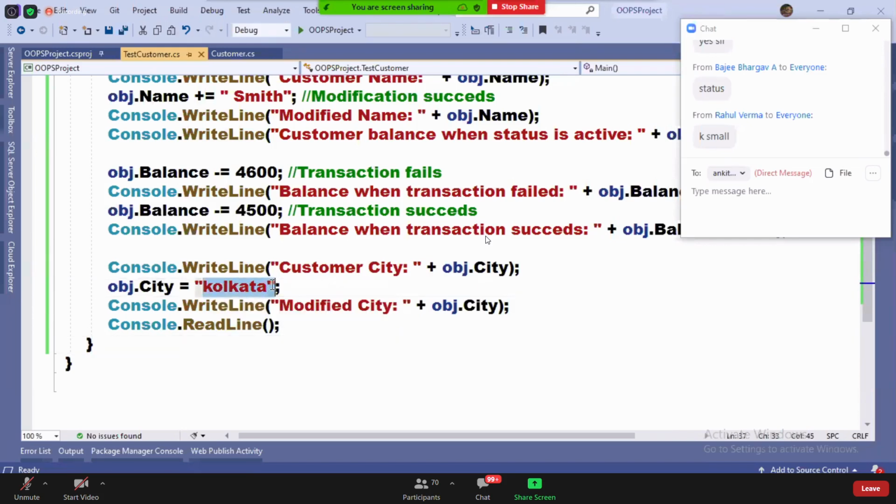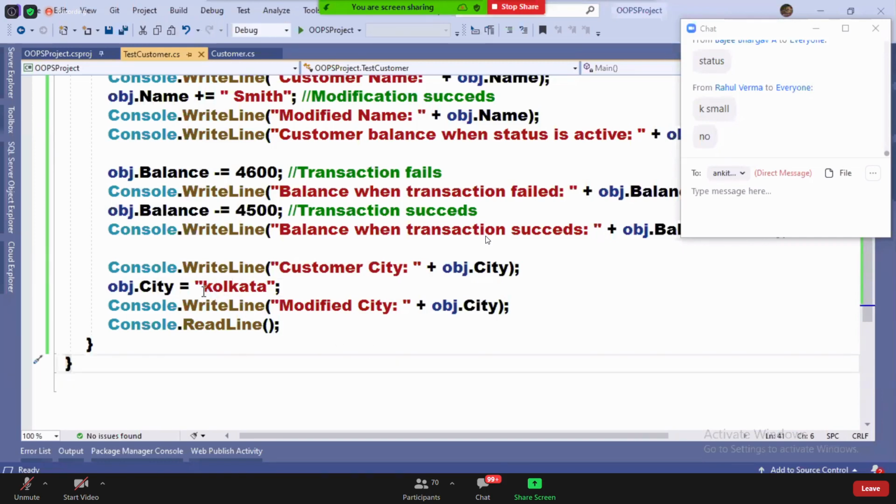That's why it failed. But tomorrow when the end user is assigning, does the end user know that K should be in capital? If city means Kolkata, that's all. Pascal case, proper case, uppercase, these things the end user doesn't bother about. The end user will only think, I entered Kolkata or not, that's all. So this is the first mistake.